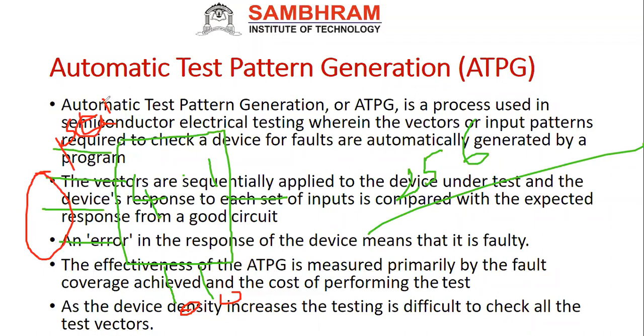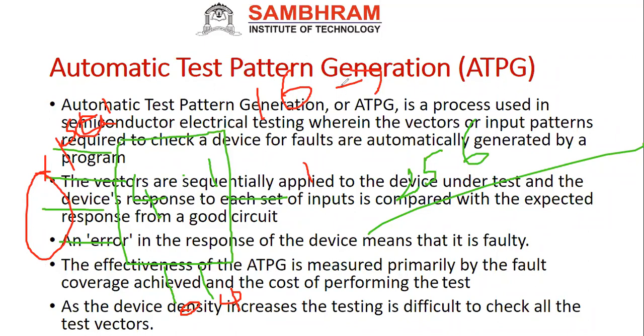So when I apply 0, stuck at 1 means it is permanently connected to VDD, so I will get 1. If I make it stuck at 0, then automatically I will get 0. Then I can say yes, it is correct. Then for the second selection, 0, 1, instead of this, I will apply this, stuck at 0 or 1. For 4 inputs, totally how many test cases? 16 test cases are required, but I need not apply all 16 test cases. Only 4 test cases are sufficient.